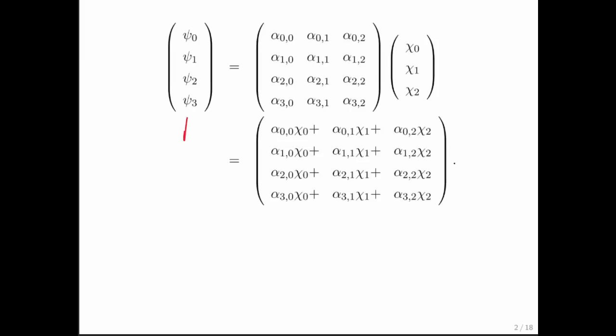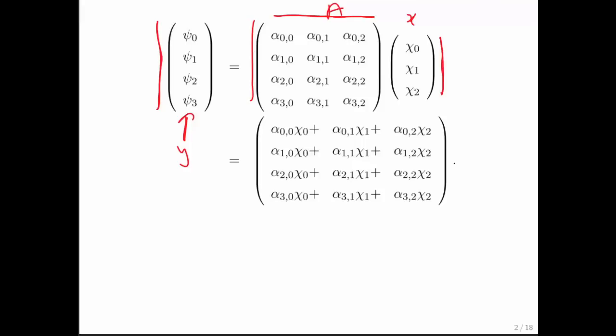So here we have a vector y, and we're multiplying A times x in order to compute it. Notice that the number of rows in A must be the same as the number of elements in y. The number of columns of A must be the same as the number of elements in x.